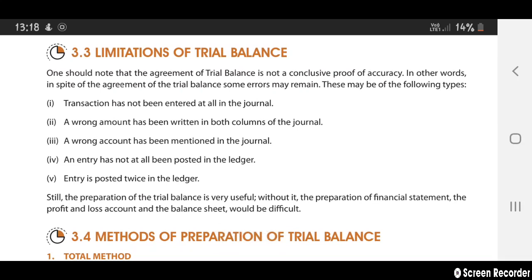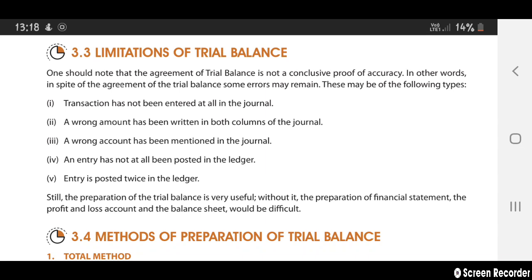Next, limitations of the trial balance. One should note that agreement of the trial balance is not a conclusive proof of accuracy. In other words, in spite of the agreement of the trial balance, some errors may remain sometimes. The errors may be like this: